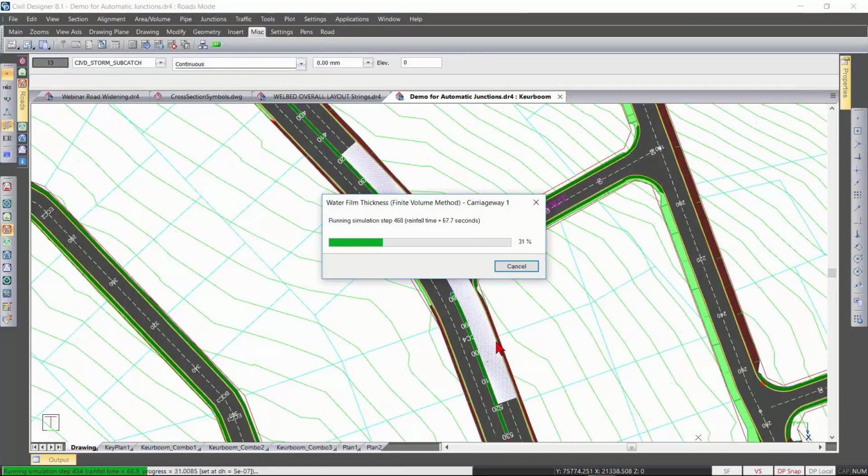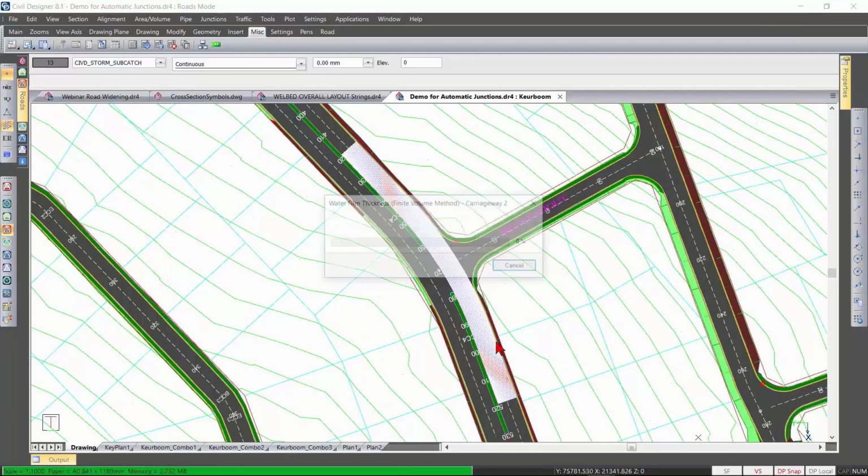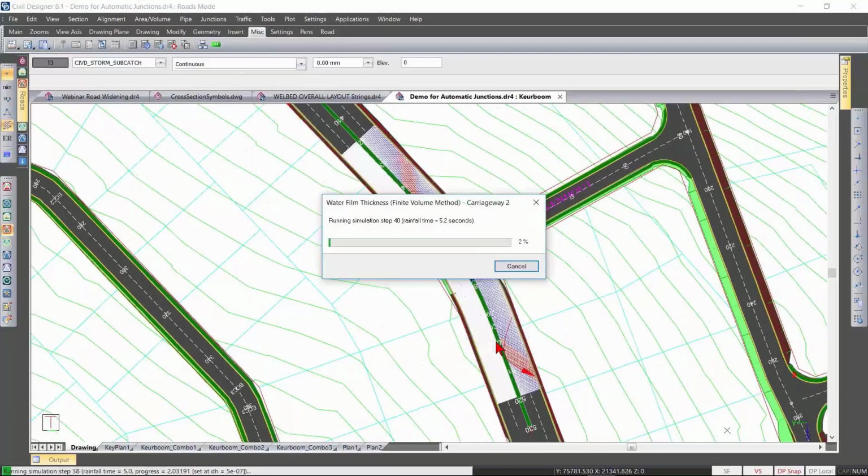So this water film thickness function calculates the steady state water film thickness. WFT is the acronym, at grid points along a road surface for a given or specified rainfall. Water film thickness is a big contributor to hydroplaning. This Civil Designer water film thickness function will allow you to identify potential hydroplaning, aquaplaning sections of your road. You will then obviously be able to go and modify your design and rectify these problem